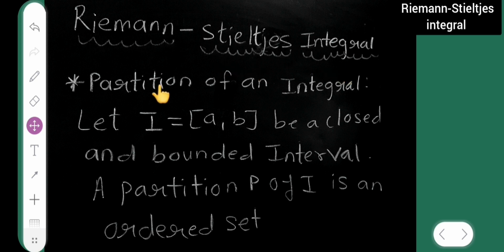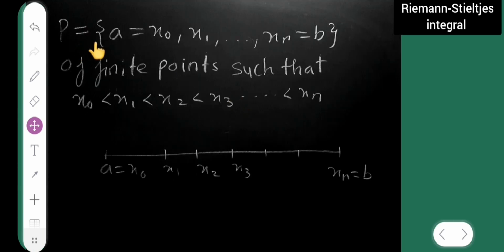Riemann-Stieltjes integral, partition of an interval. Now let I = [a, b]. Now this is an interval, be a closed and bounded interval. A partition P of I is an ordered set P = {a = x0, x1, up to xn = b} of finite points